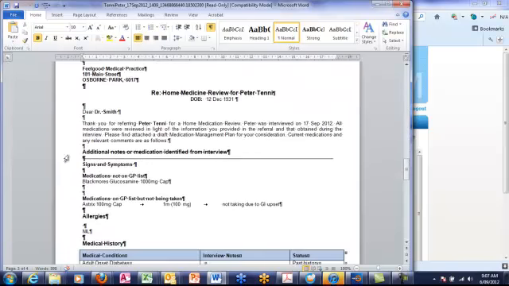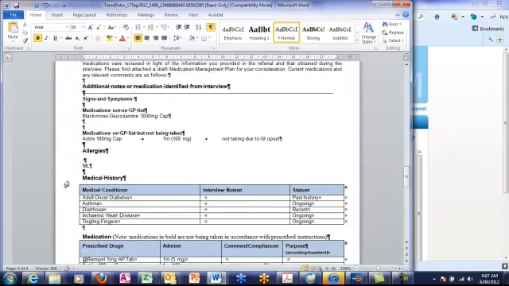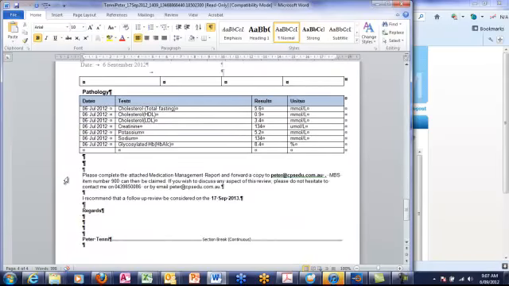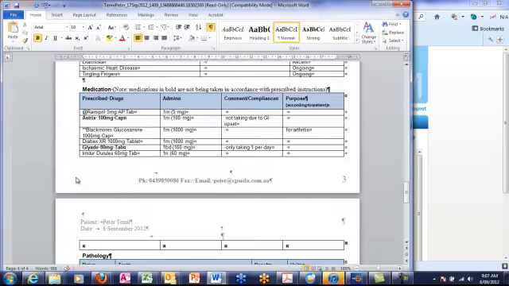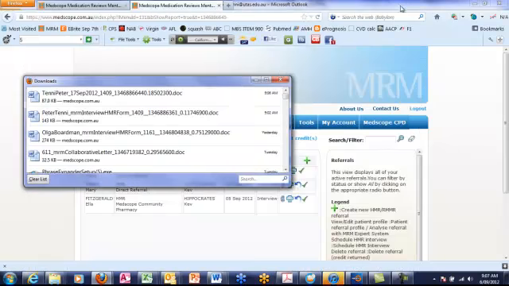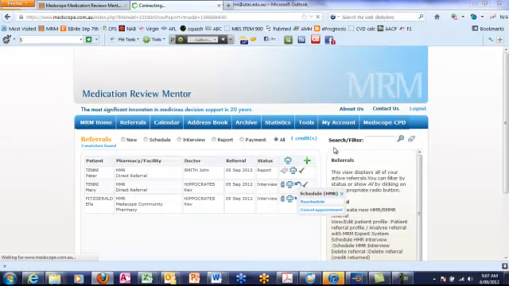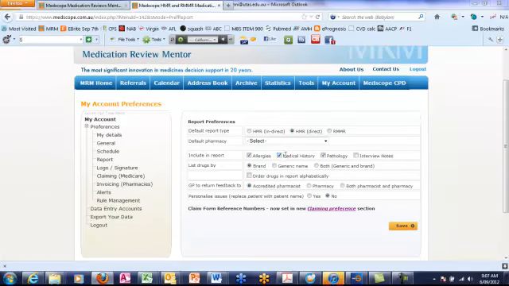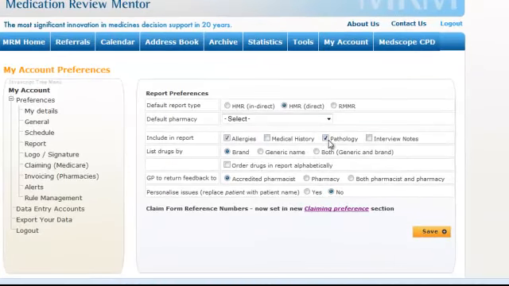The covering letter has information on here, a bit of stuff about the medical history, the medications, the pathology, follow-up review. In this case, the options for including this are all set in your account settings. So if I was to go into my report settings here and say, look, I don't want medical history or pathology, but I do want my notes in there, but I don't want the allergy. I want the drug names in this way, and I want the drugs in alphabetical order. And if I save this,